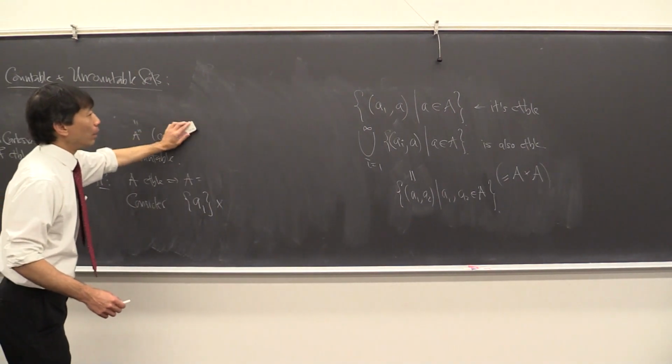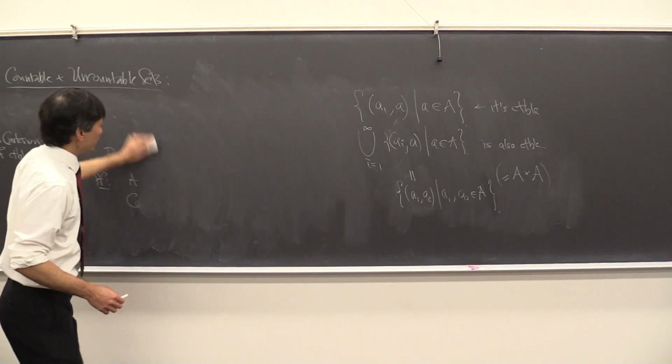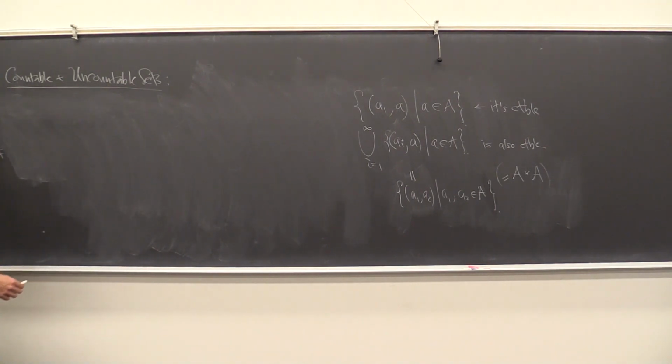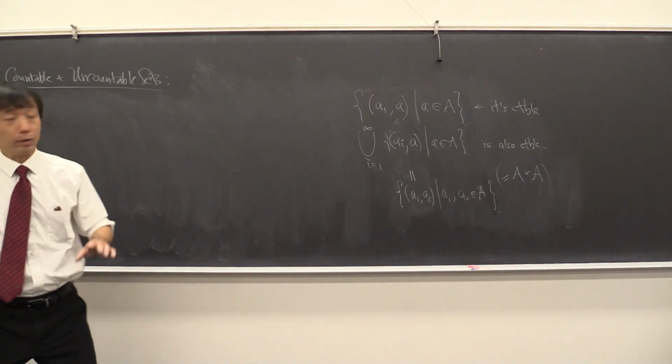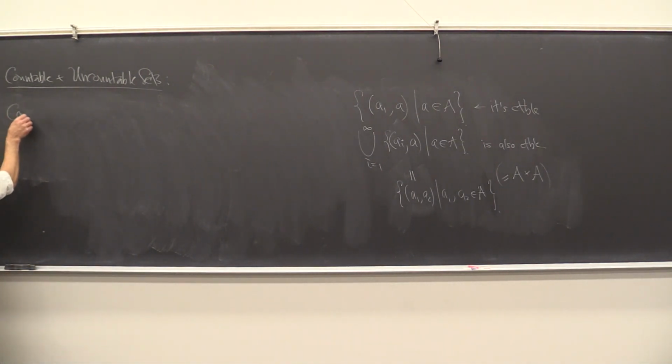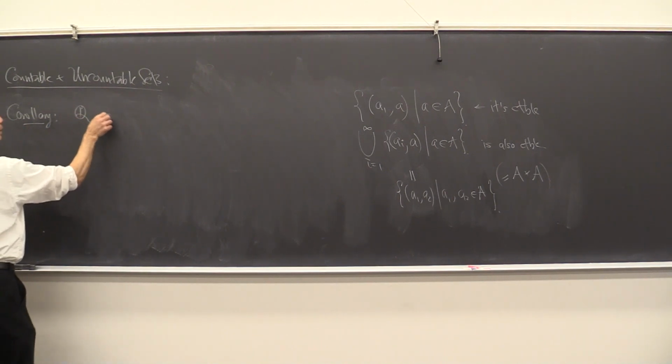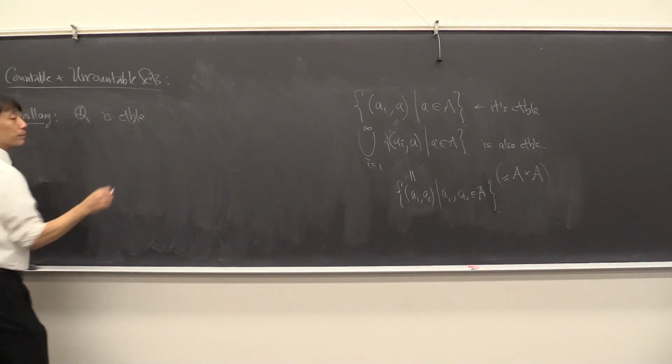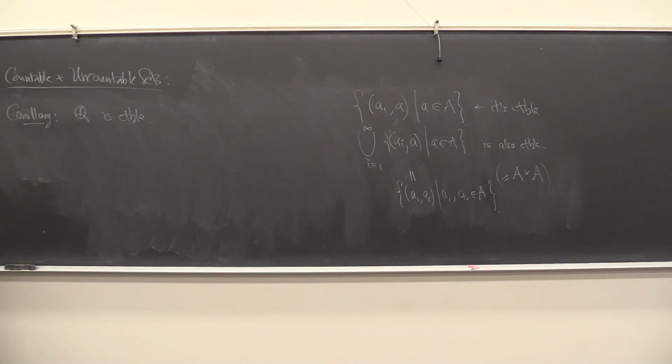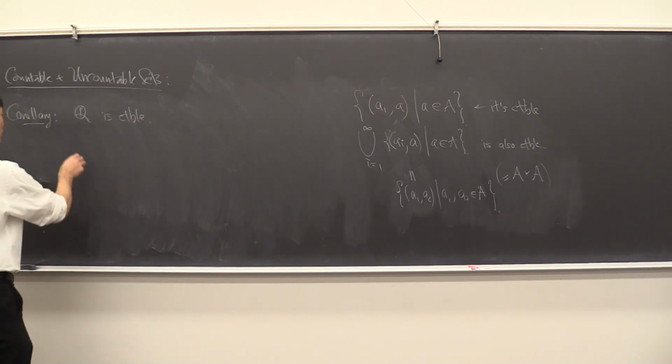Okay. So in any case, this is nice. So far we've gotten that a countable union of countable sets is countable, and a finite Cartesian product of countable sets is still countable. Okay. Oh, yeah, so a corollary is that the rational numbers are countable. Right? Because what you can do with the rational numbers,